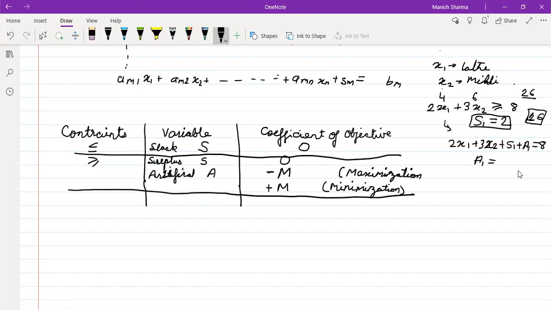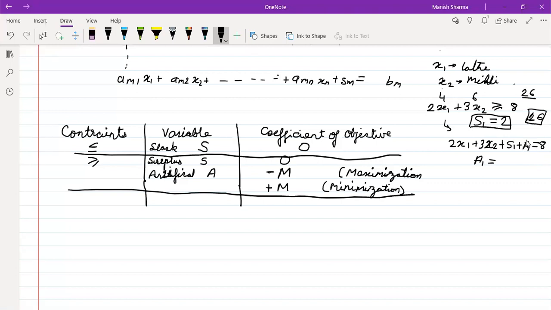Got my point? Any doubts up to this point? So the artificial variable is there so that we can have it for safety, like for the safety of the machines. This is just an example. Sometimes there may be overutilization of the resources. To control the overutilization of resources, we are adding an artificial variable.